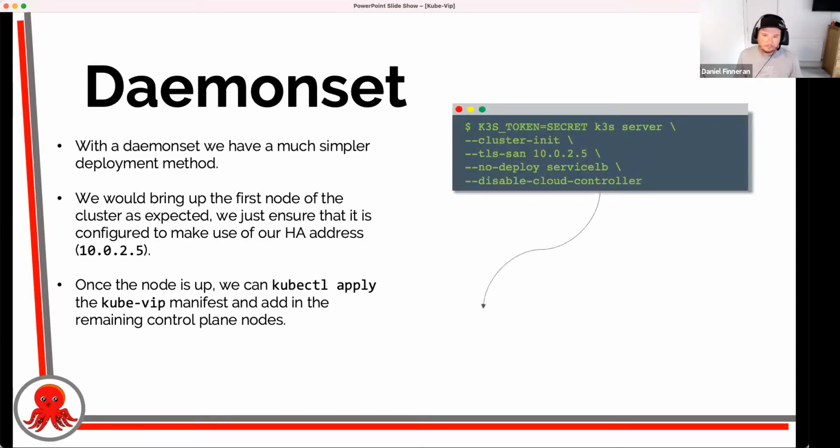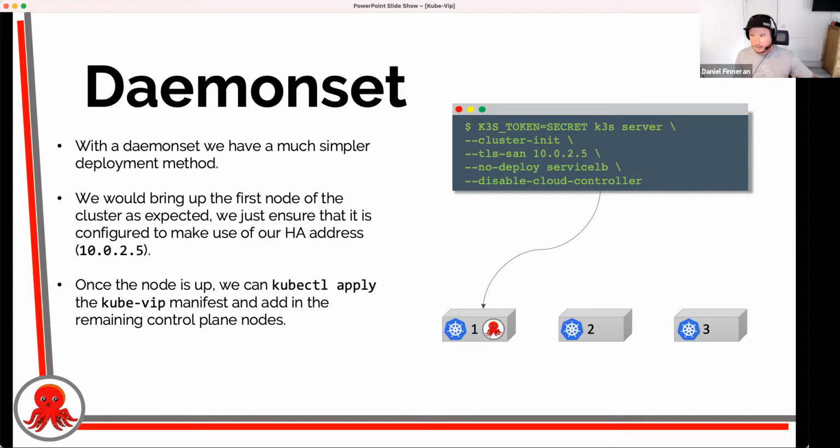So with this, we can effectively do k3s server and start the first node. We do the TLS SAN for our VIP. All that means is that we sign our API server with that VIP address at that time. And then we drop in our DaemonSet for Kube-Vip, at which point then we can add in all of our additional K3s control plane nodes.